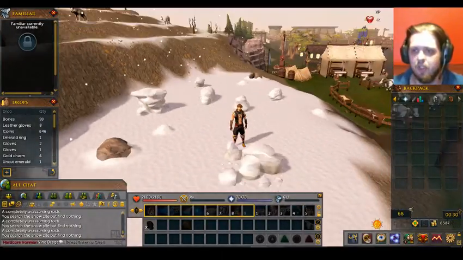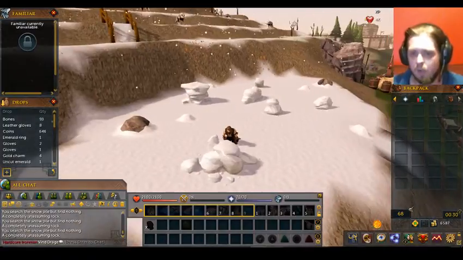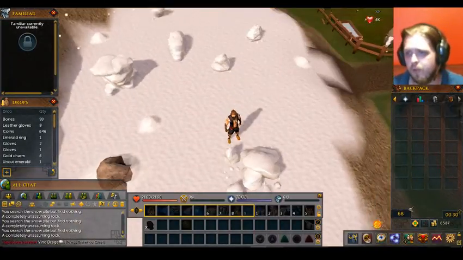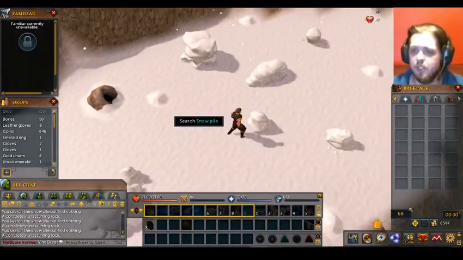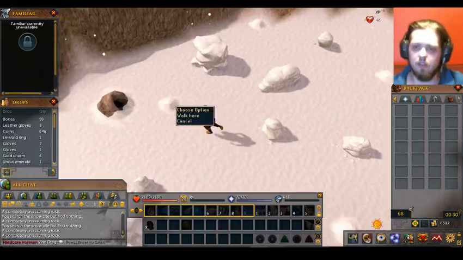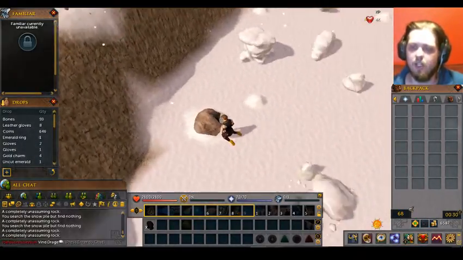I know there's a little bit of weather in this game right now. There is talk about potentially releasing more weather type stuff in the future, but it's not been confirmed. It is just a potential update. For whatever reason, I can't actually...